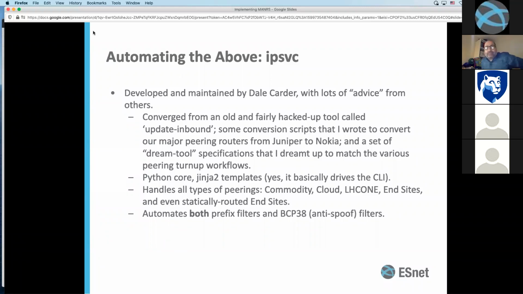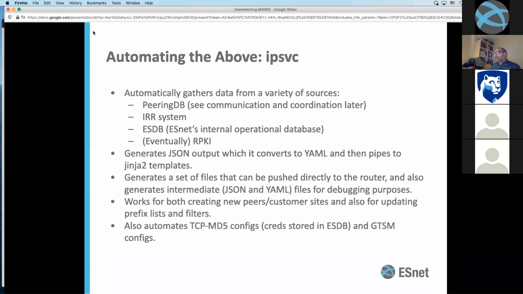So he did implement some good ideas, plus he had a bunch of good ideas too, which he also implemented. And the tool that we created was called IP Service. It's a tool that's largely written in Python. There is a bunch of Jinja 2 templating that's done. And what it basically does is create a set of JSON files